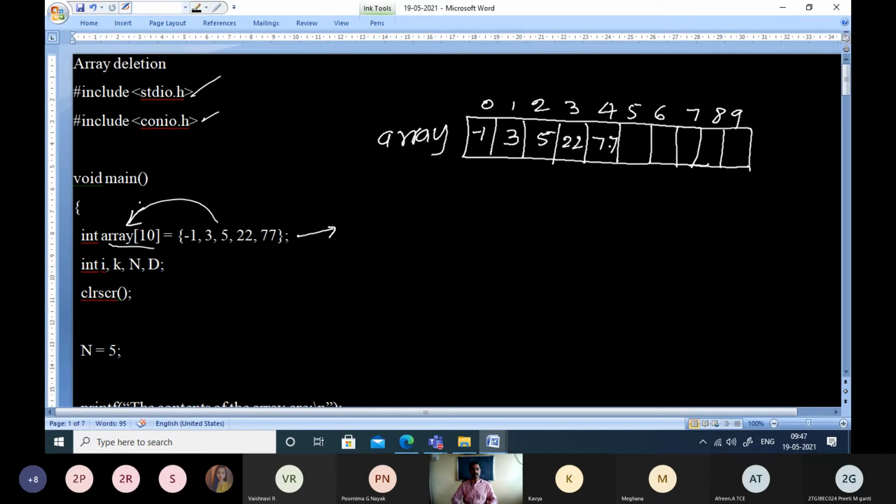These are all the initial values present in the array. The array can hold 10 elements, but among those 10 locations, 5 are already occupied because we are doing initialization. That is the impact after the first line.